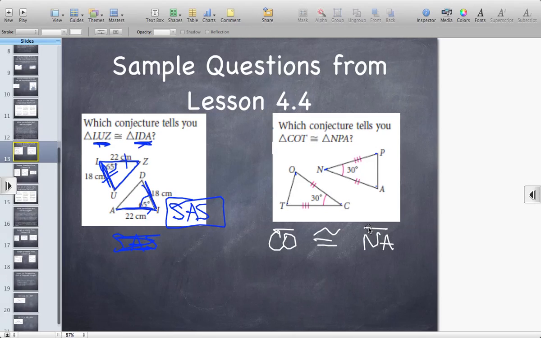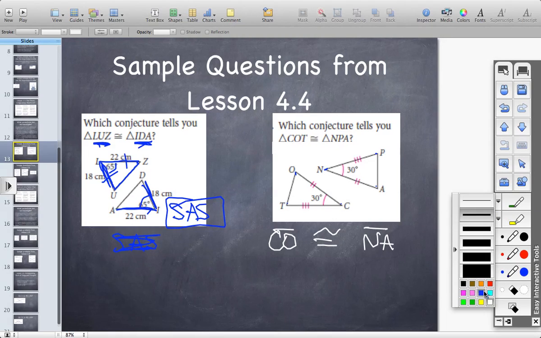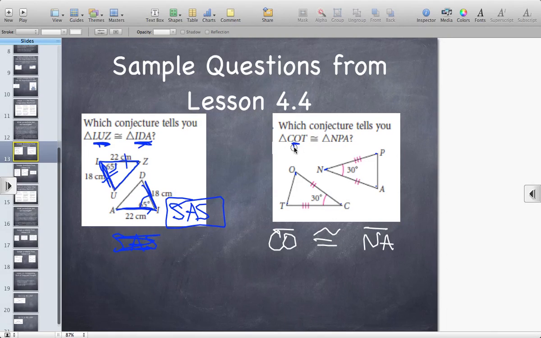And let's make sure those letters match up with our picture. Unfortunately, I have to go back to a different color, so white may not correspond with us here. Oops. Try again. There we go. CO is the first two, and NA is the first and the third. They're not in order. So COT has to go this way, NPA goes this way. So according to the labeling, CO is supposed to be congruent to NP, and we can tell by the picture that it's not. So actually, what we would say in this case then is that congruency